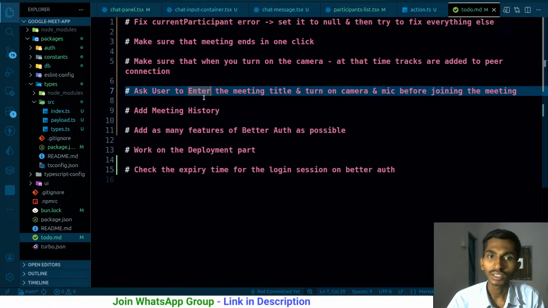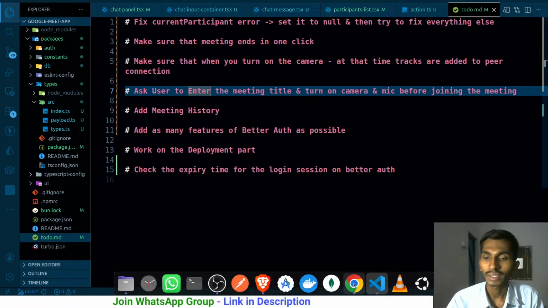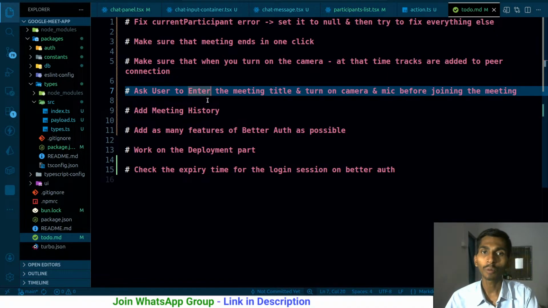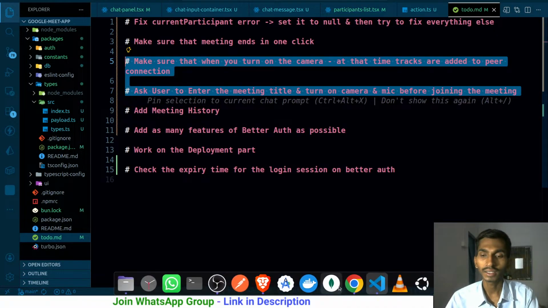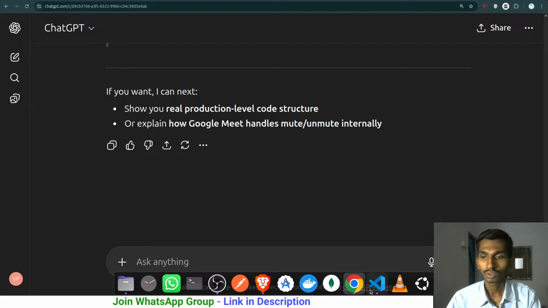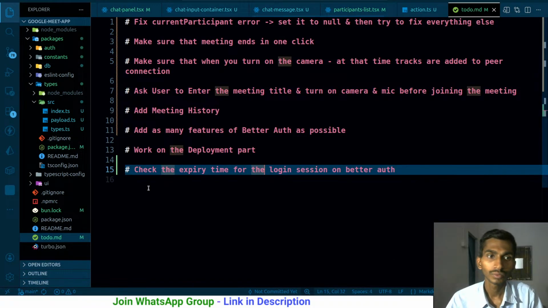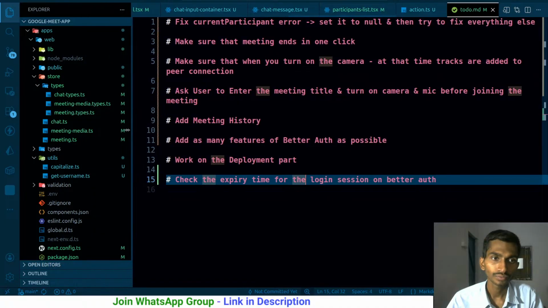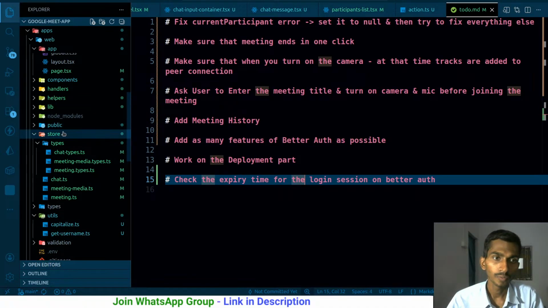So for this particular thing, then ask the user to enter the title and turn on the camera. Enter the meeting title. Let me just simply have it really quick. I'm just going to prompt the user to enter the title, and that is it. This is how it's going to go. So in my real application, whenever the user joins the meeting,